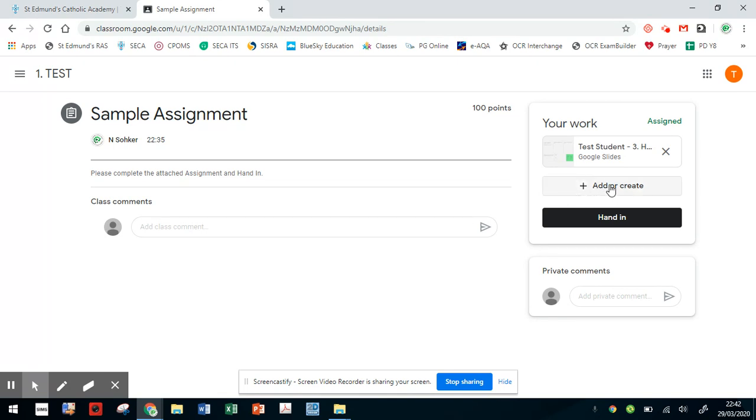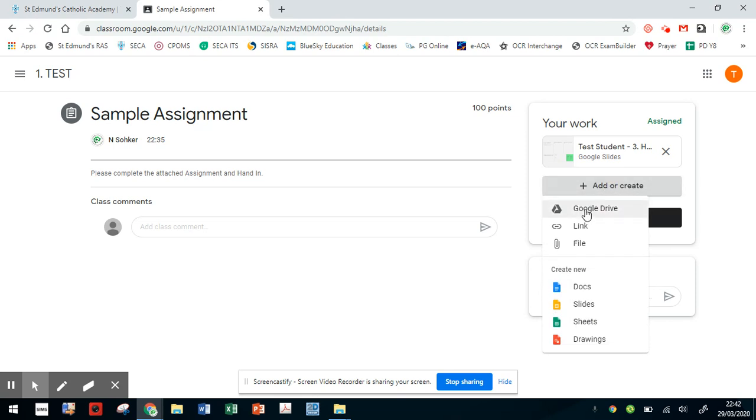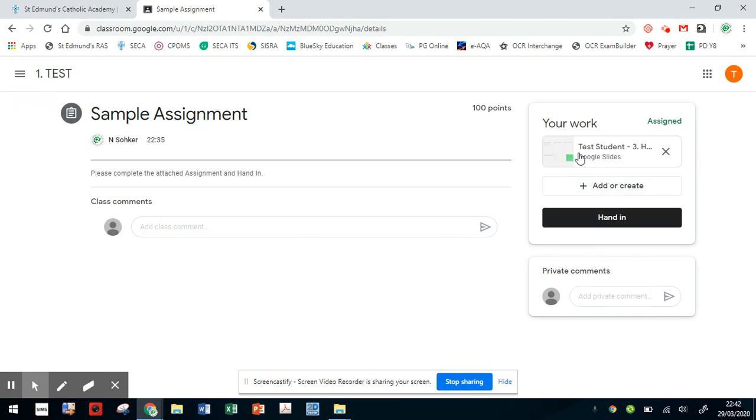Now, if there is an assignment that I set you that doesn't have a document created for you and you create your own, you can actually add it to here by clicking on the Add or Create button. From there, you can go to your Google Drive, or if it's on your computer, you can click on the File button and upload it, or if you are starting from fresh, you can choose from the Create New. But most of the time, you'll have a look at Google Drive or you'll click on the file. But if it isn't, you can just edit this one here that's been created for you,